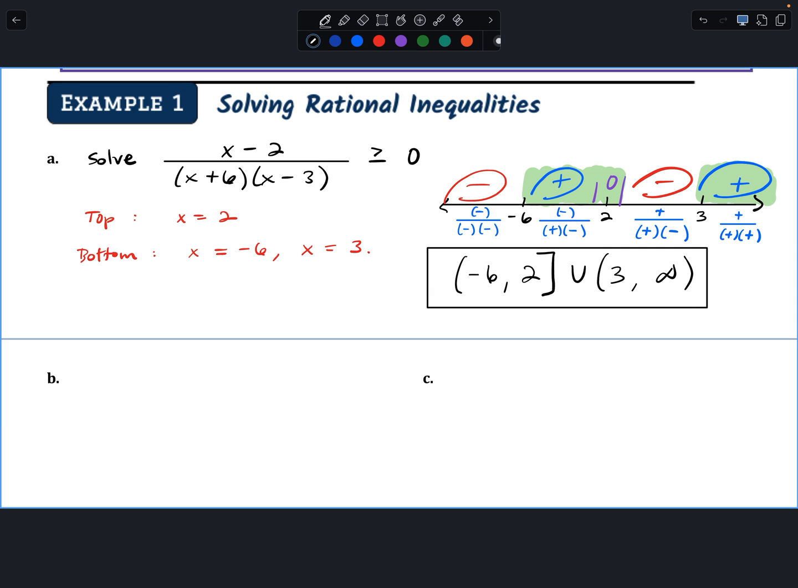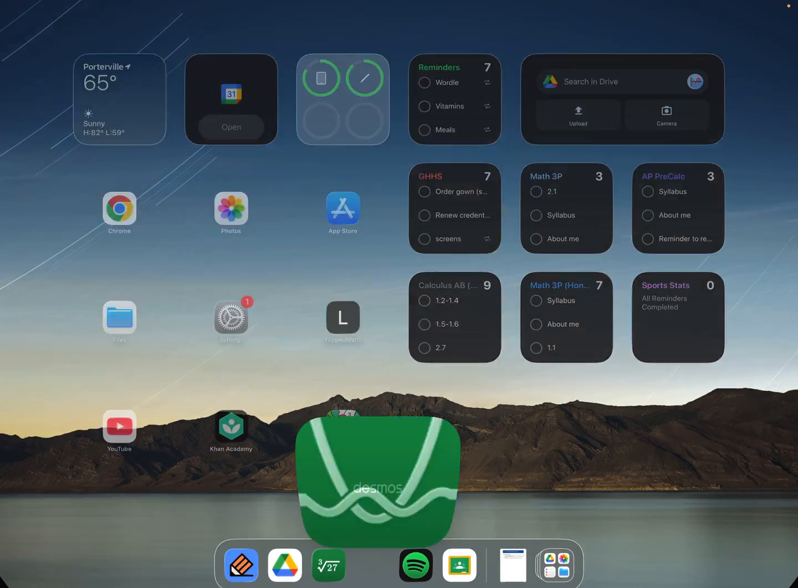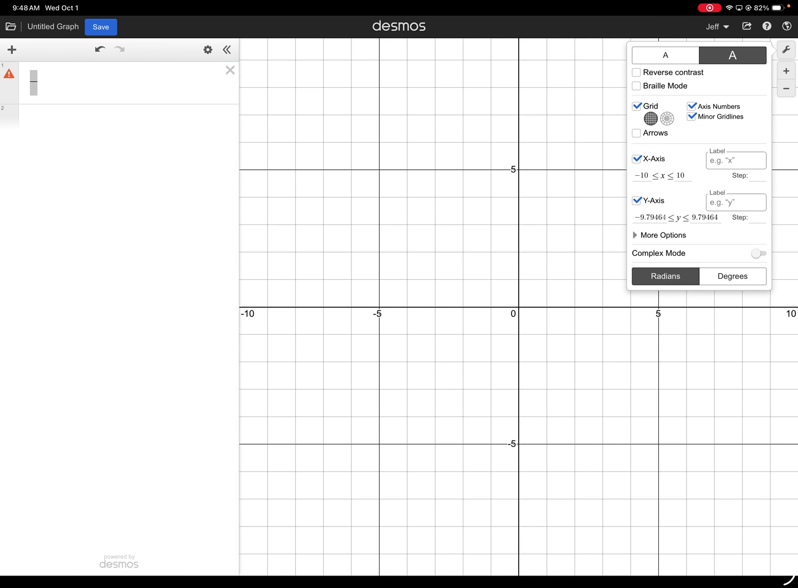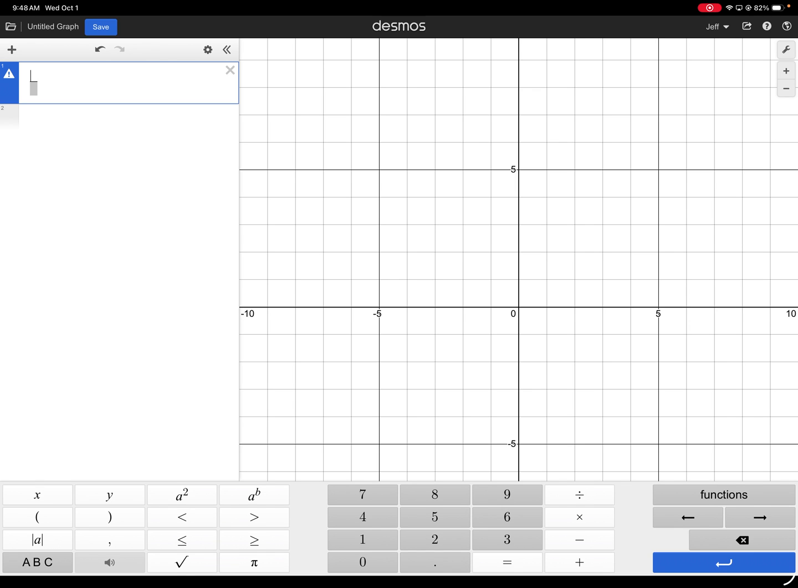How could I test that this is correct? What could I do with this function? Graph it. So let me show you. I'm going to use Desmos because I don't want to pull up my other calculator right now. Can you help me out? What's on top? X minus 6, X minus 2. And on the bottom it was